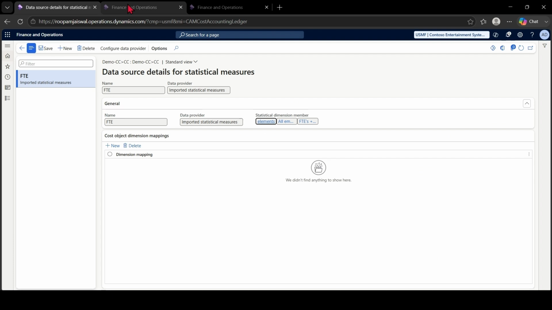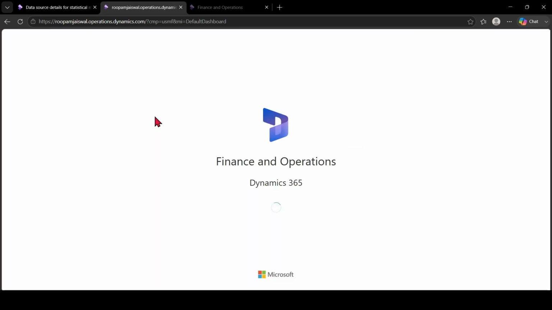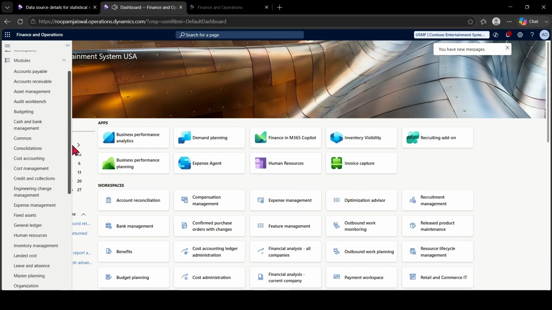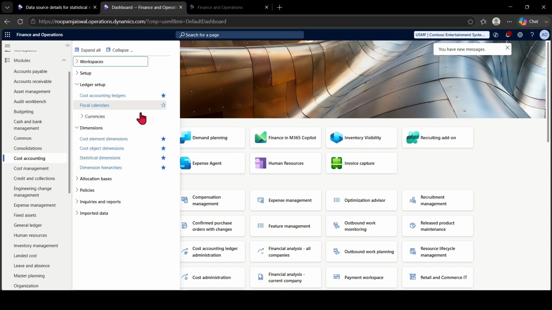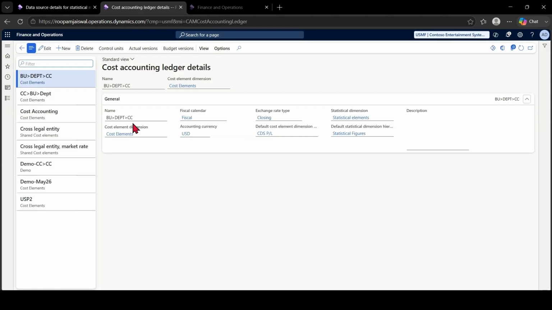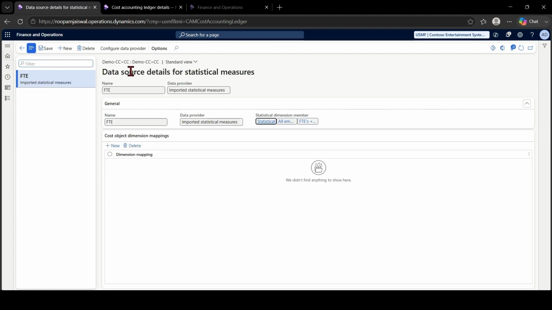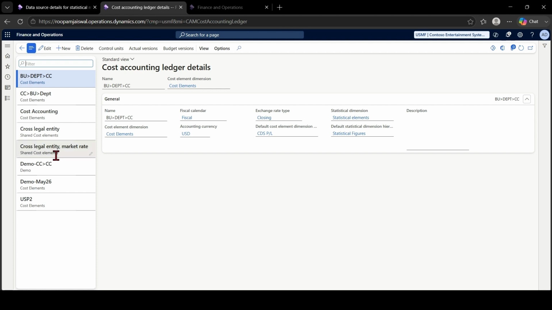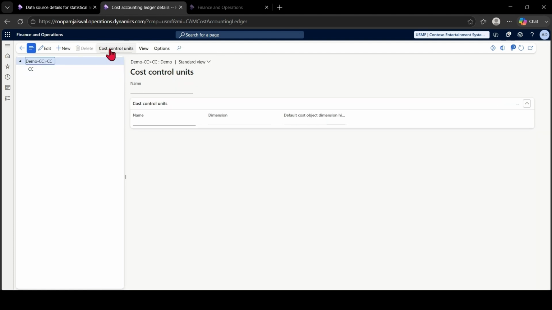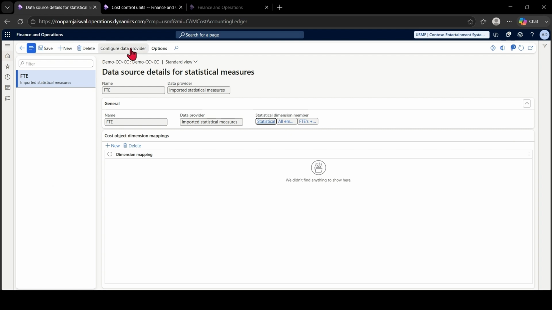I will open one more page just to cross verify, because sometimes you keep creating multiple accounts and multiple dimensions. I want to cross verify something very important. As I'm going to use this one, which is my CC to CC, I need to cross verify the cost center. That is when it will bring the data, or else it will throw maybe a blank page for you. So I'm going to say that the first column should be demo CC. So I have linked it with this.